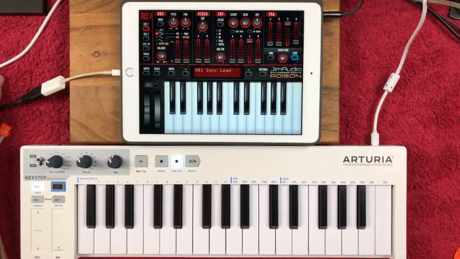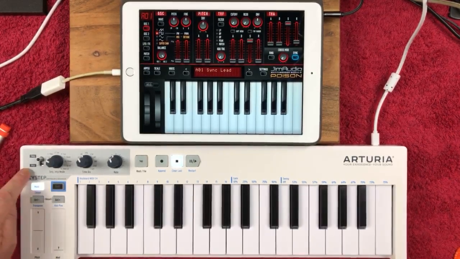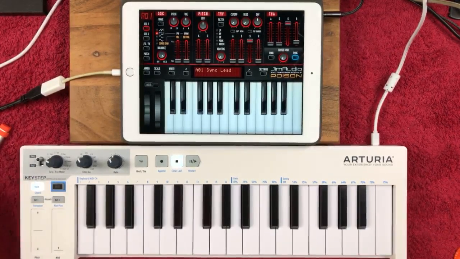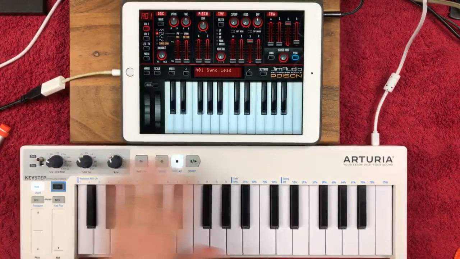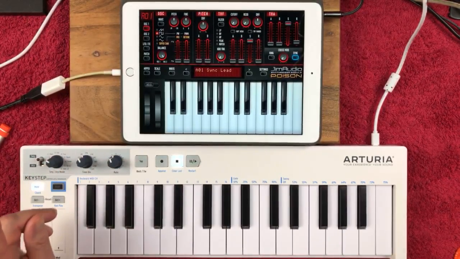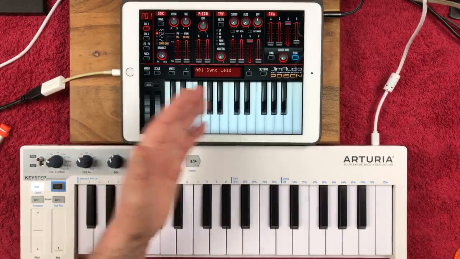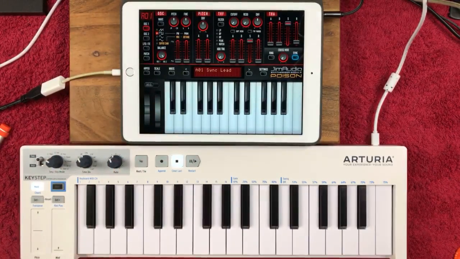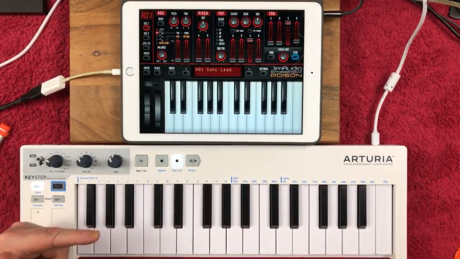Let's say I have a master clock going to it. Will it read that? Not if I'm right. I've had this being controlled by a drum machine. Press start on the drum machine and it switches this on, whatever sequence I've got playing. And whatever synth I've got routed through AUM will obviously play as well, because it's reading the internal clock from this. But if I'm sending external clock out,